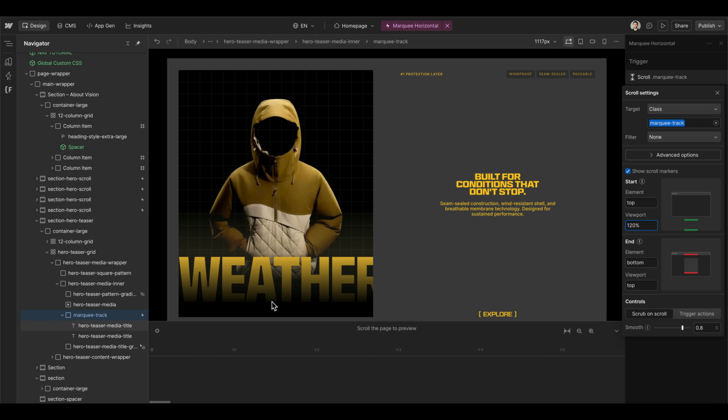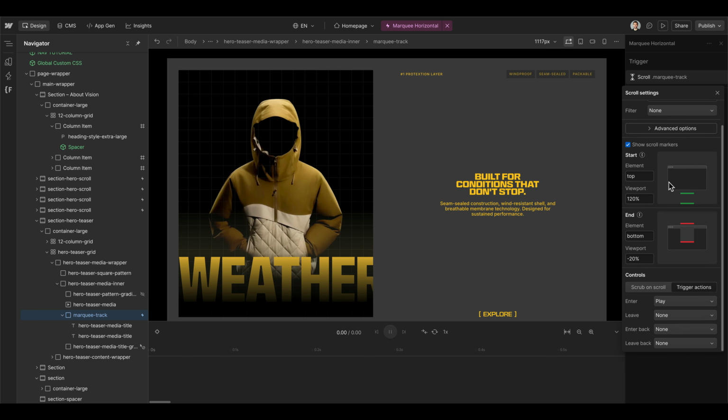So when the bottom, so this area here is minus 20%, so outside of the viewport, then we want to pause the animation. That means in the controls, we switch from scrub on scroll to trigger actions. So when it's entering here, we want to play. When it's leaving, we want to pause our animation. And when it's entering back, we just continue playing it and then we pause it again if it's moving out